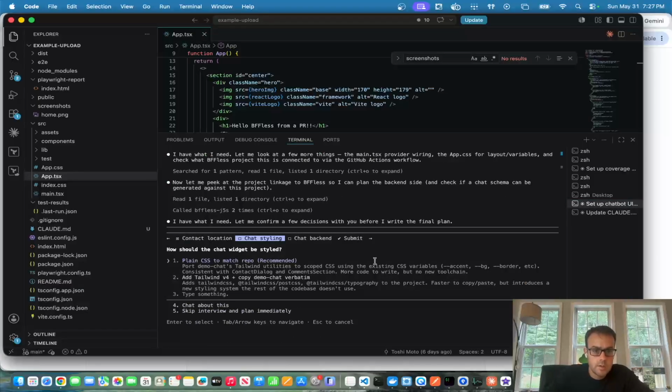All right. Now, how should the chat widget be done? Plain CSS. I want Tailwind. I don't want verbatim. No. I like Tailwind. Let's do Tailwind. Man, oh, I can't even talk here. Okay. Let's do Tailwind